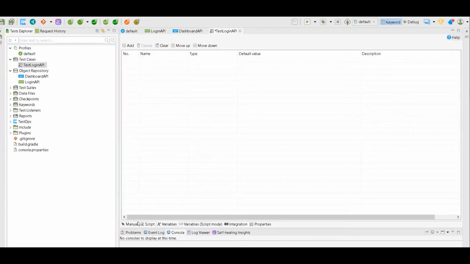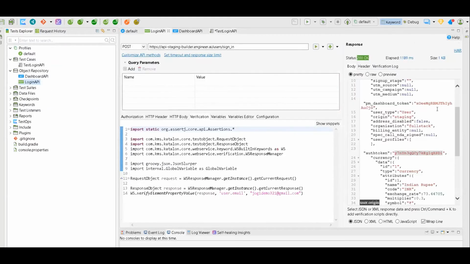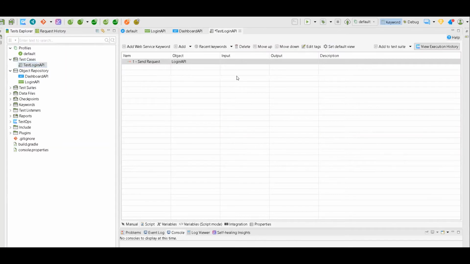Let's try to do one thing. So if you see that in the login API, we are doing this, right? So when you click on manual, let's say we want to save the output of this login API. What I mean by that is, once I hit the login API, this response comes as the output, right? So let's say we want to save the response of this login API. You can save it in output.